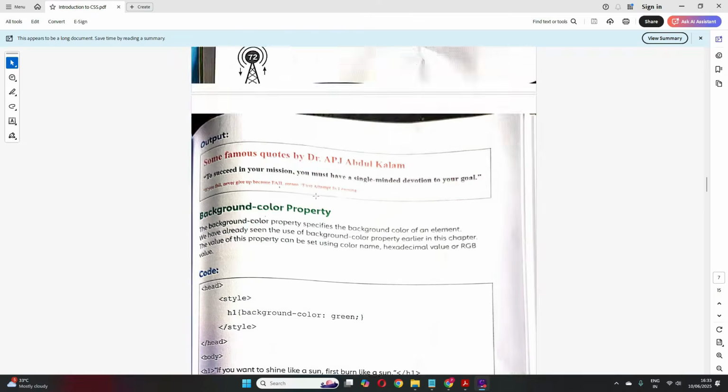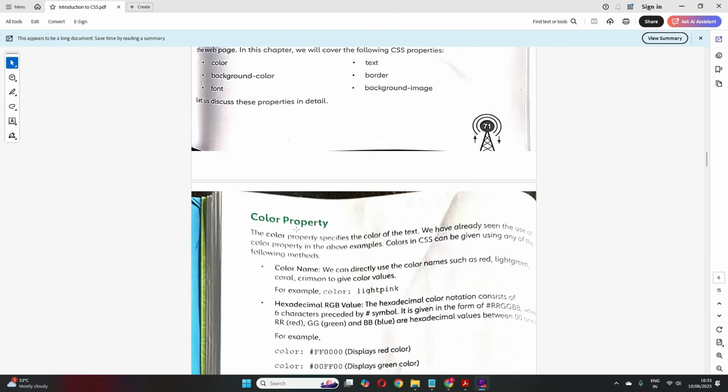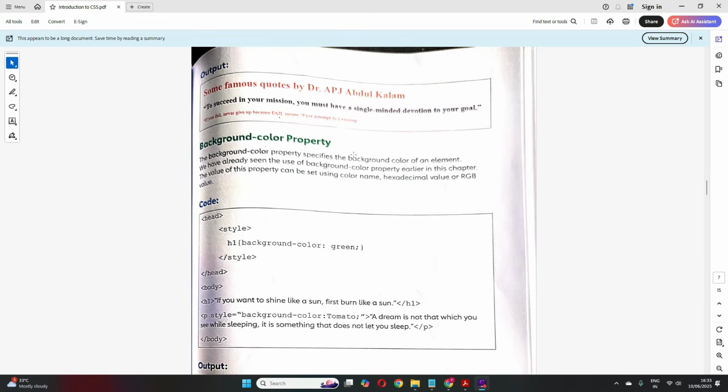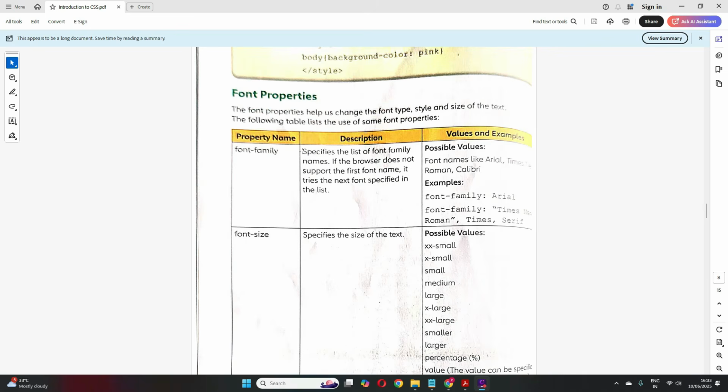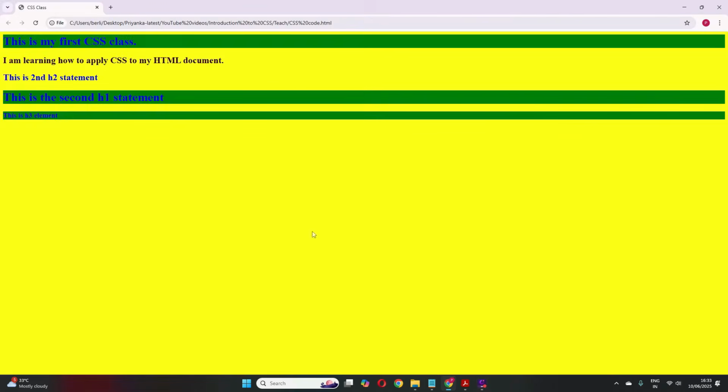So students, we have understood the color property and we have understood the background color property. Now let's understand font properties. Very simple. Let's try to understand what font properties are. They help us to change the font type, size or style of the font. So whatever we are writing here, it can help us to change the style, the size and the type of the font, right? So how do we do that?